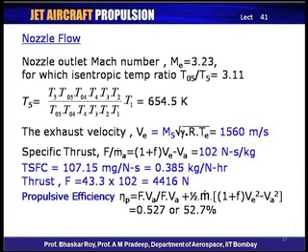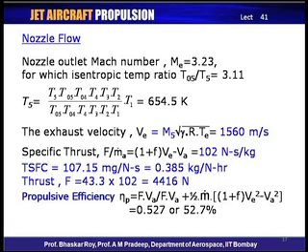So, using these parameters, we can find that the nozzle outlet Mach number ME would be 3.23, that is clear supersonic Mach number at very high temperature, and the isentropic temperature ratio at exit station would be 3.11. So, the corresponding temperature at the exit can be found from the various temperature ratios that we have obtained from the various components, and if we put them all together, we get the temperature at the exit, and that would